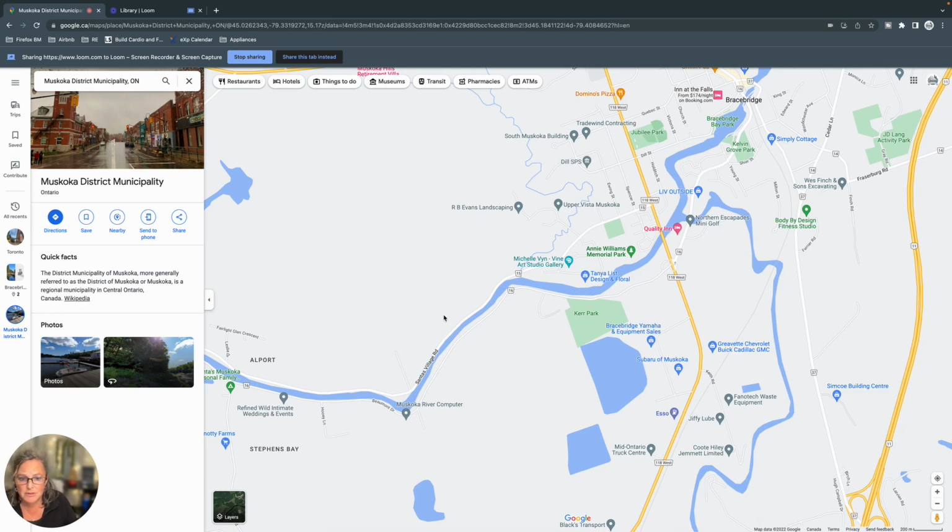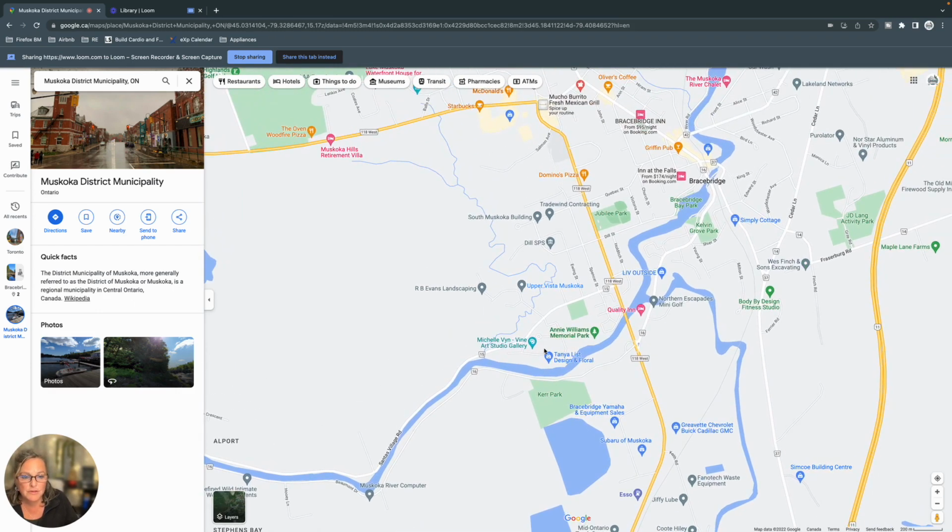Upper Vista is being built here, and those ones are actually going to be some detached homes. So I'm not sure of the price point there, but I do have all the information. So if you are interested in any new construction, you can reach out to me and I will get that information to you. There are also two other, oh, there's the Upper Vista right there, developer. Oh, he lives in there. But yeah, there are a few more areas that are new construction,